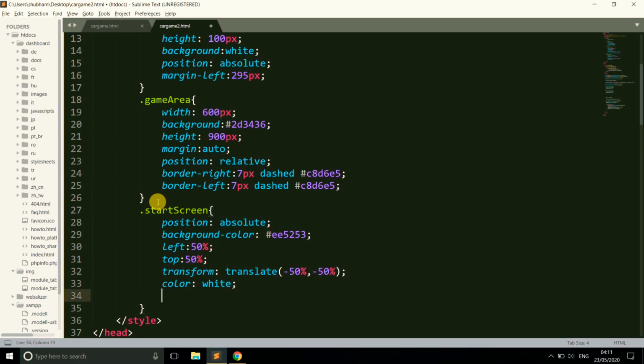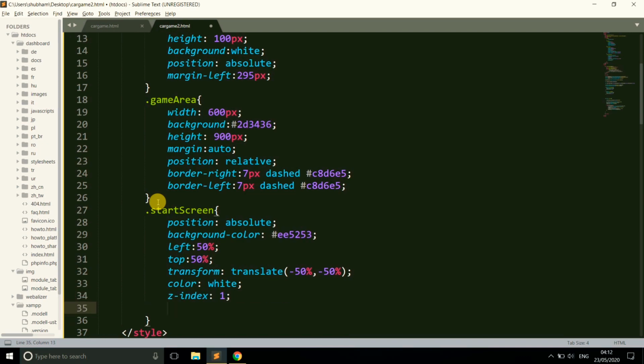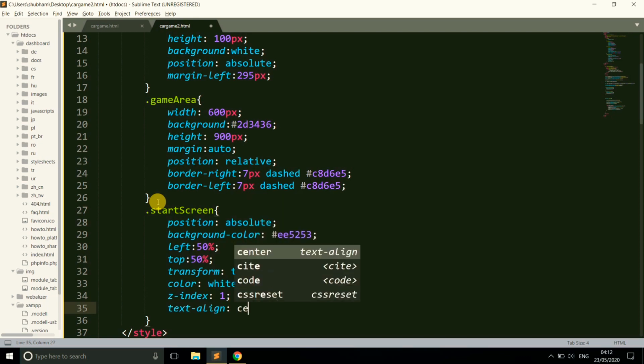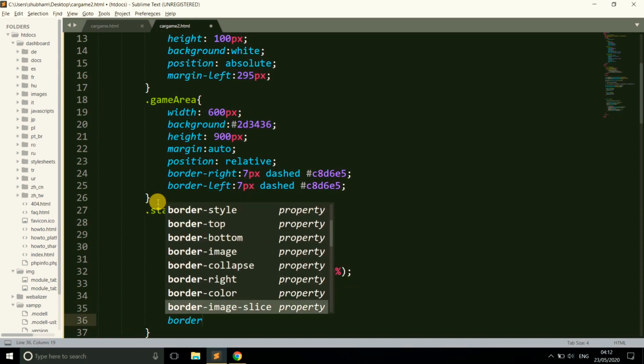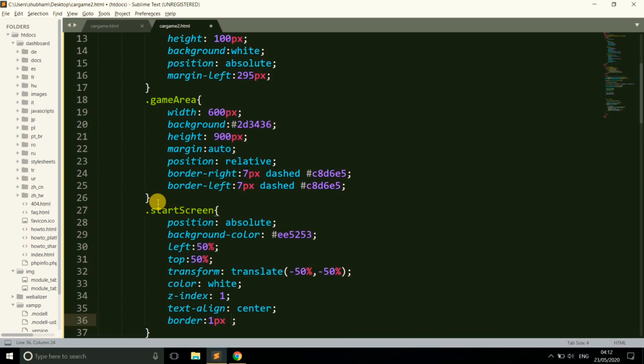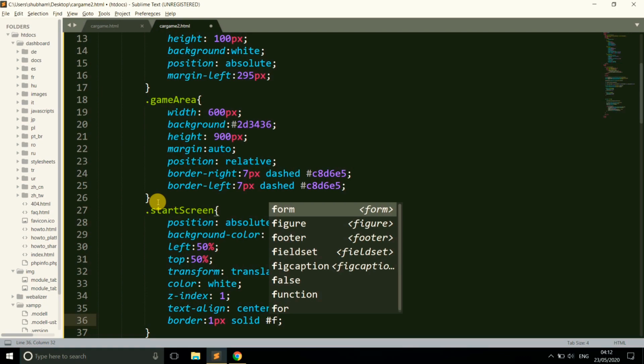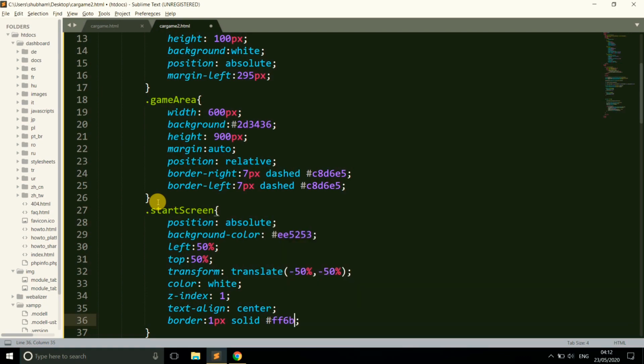And now color, give the color white, and give the z-index equal to 1, and text-align center. And give the border. The border is not very big, only 1 pixel solid, and the color.